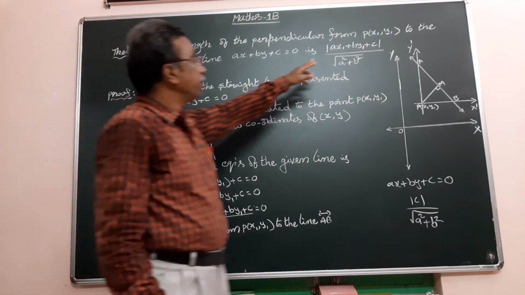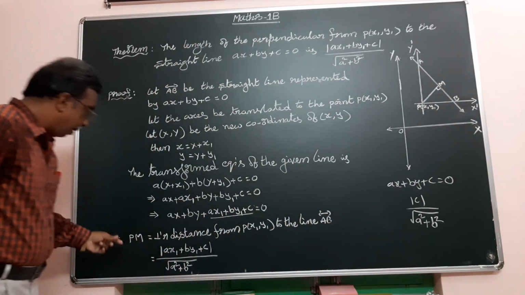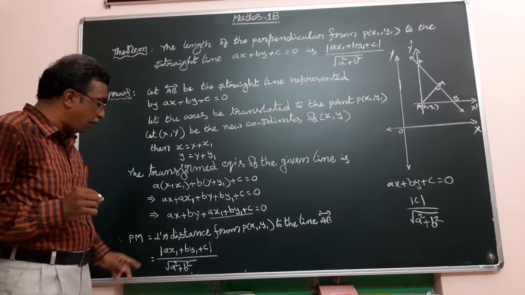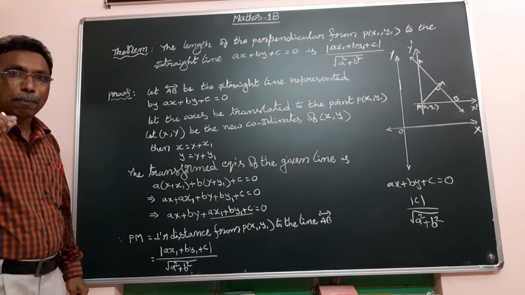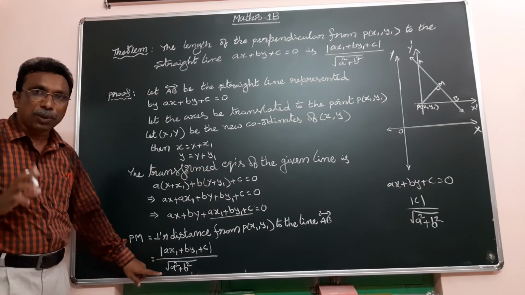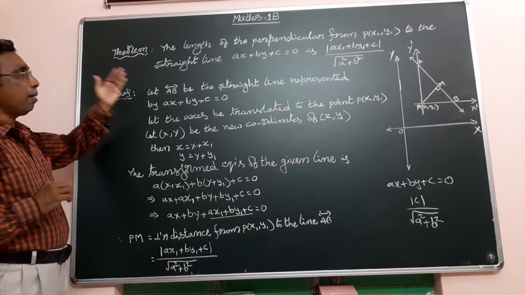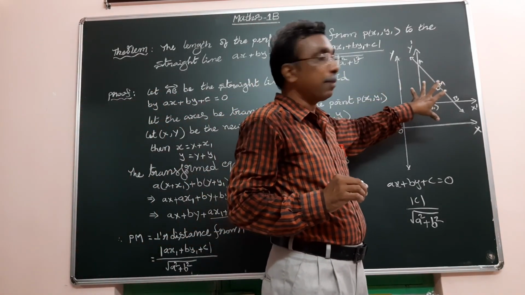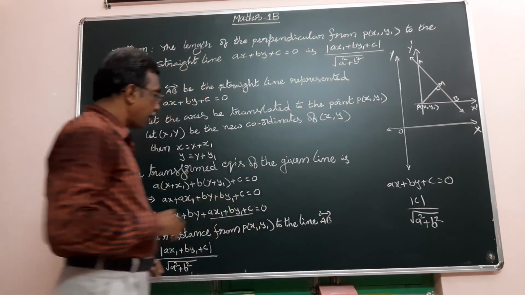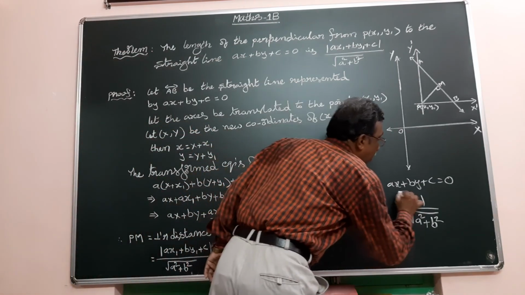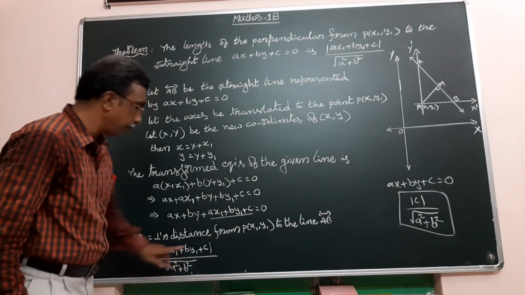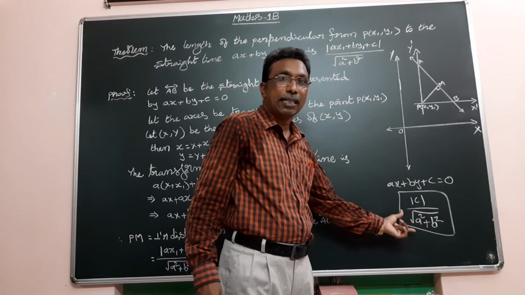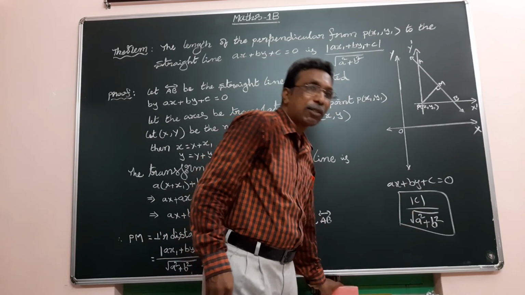Now we prove this one. This is the theorem. All of you understand this one? What is the perpendicular distance formula? Modulus of a x1 plus b y1 plus c by root of a square plus b square. This theorem is proved by using the transformation of axis method. By using this formula also by using the last step, for any line that passes through the origin, the perpendicular distance is mod c by root of a square plus b square.